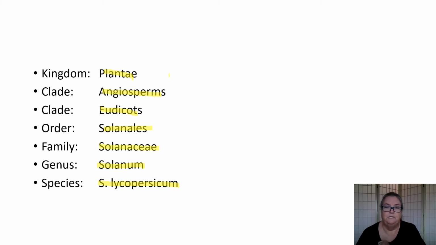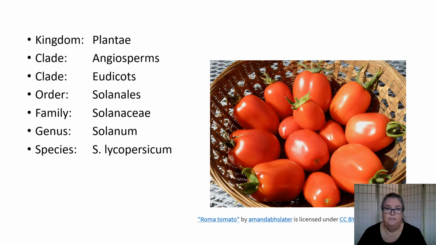I left out a bunch of stuff here, and if you go on Wikipedia, you'll see some more divisions, some more clades in here. That just means that there's too many species to easily group. There's too many differences and too much diversity in the plant kingdom to easily fit into that kingdom, phylum, class, order, genus, species thing. Does anybody know what this species is? It is a tomato,